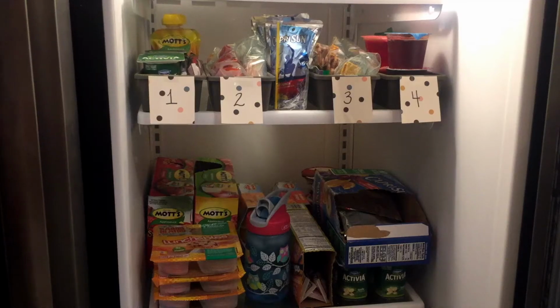So she either has a peanut butter and jelly sandwich, or those little Smucker's frozen peanut butter and jelly sandwiches, something like that, or a Lunchable. It's her main thing, of course. And then she'll have a juice for her snack time. She'll have her water bottle that she has to drink every day at school,